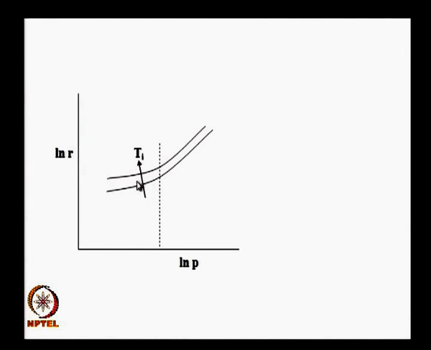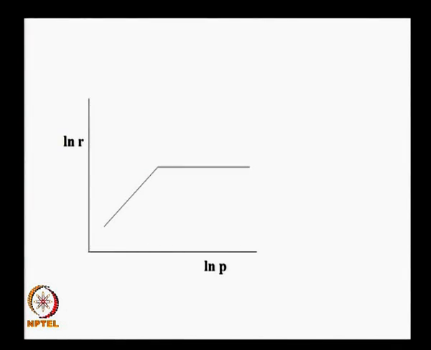We also found that in the zone wherein you have the dark zone, the variation of the logarithm of the burn rate versus logarithm of pressure was slightly less, because the temperature T1 which supplies heat to the surface is lower than when I had the final temperature directly supplying heat, and therefore I have a low exponent here and a higher exponent over here. We would like to do the same type of analysis for a